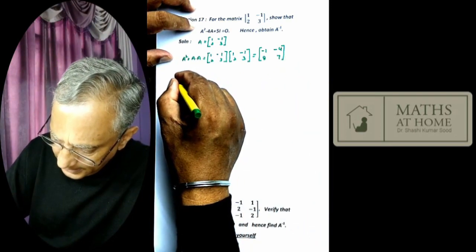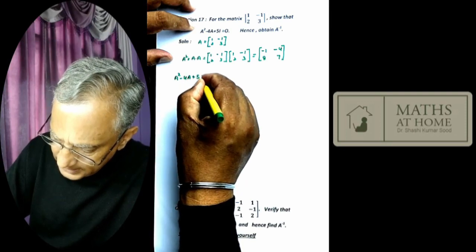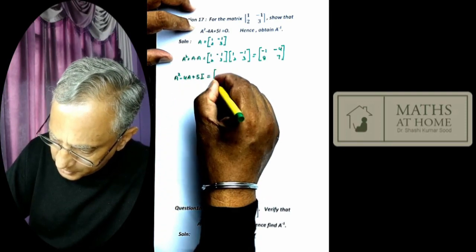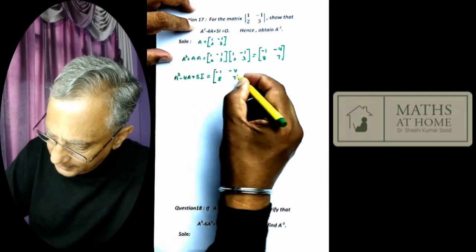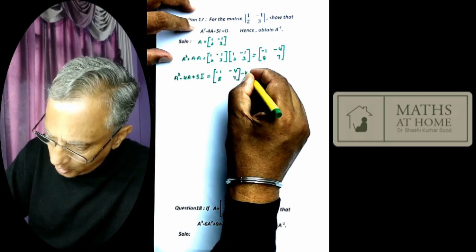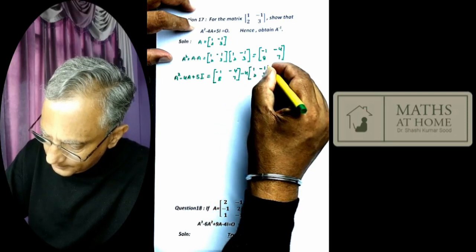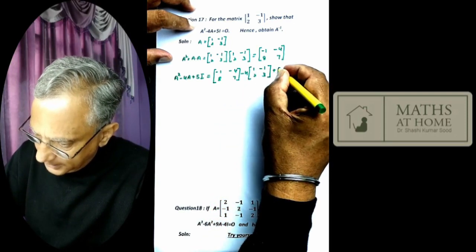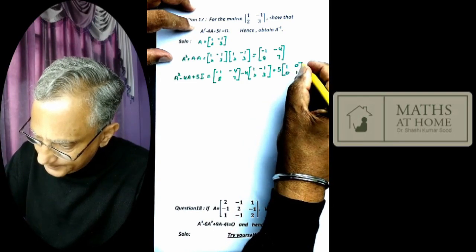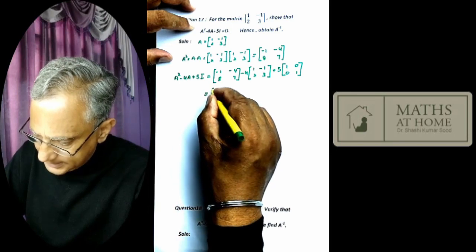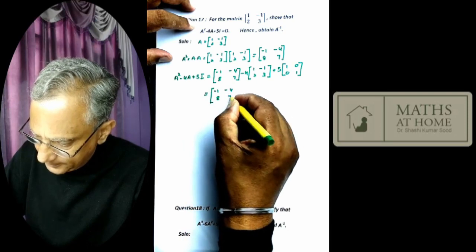And therefore A square minus 4A plus 5I is equal to, how much is A square? A square is [-1, -4; 8, 7], into minus 4 into A. A is [1, -1; 2, 3]. And 5I, I is [1, 0; 0, 1]. So what we get is [-1, -4; 8, 7]